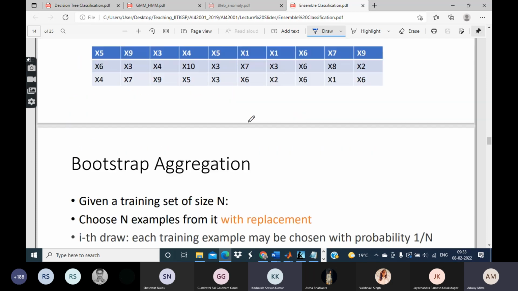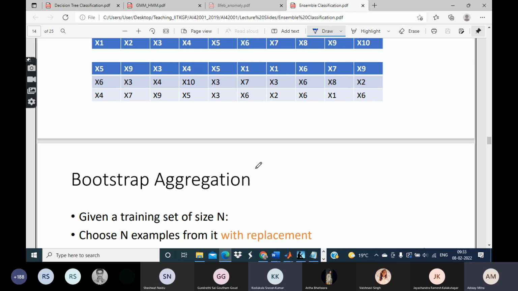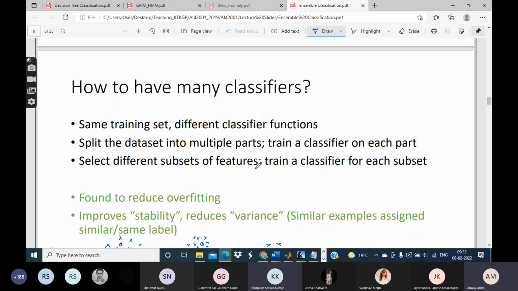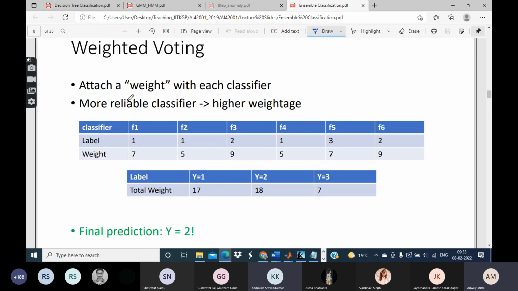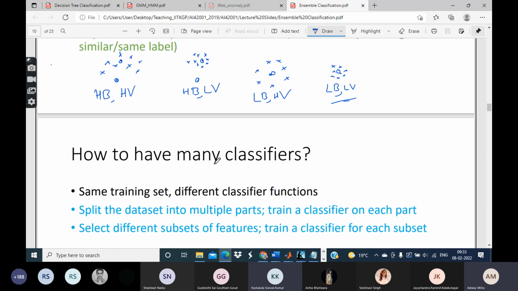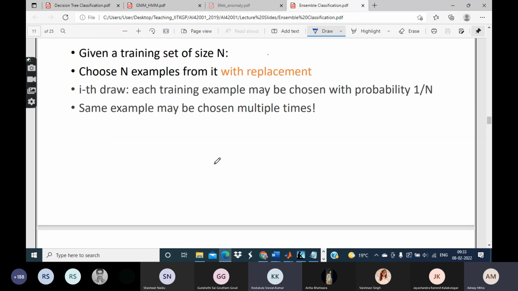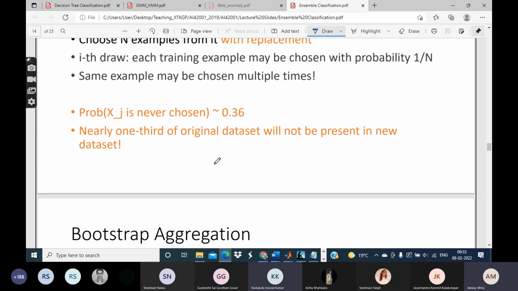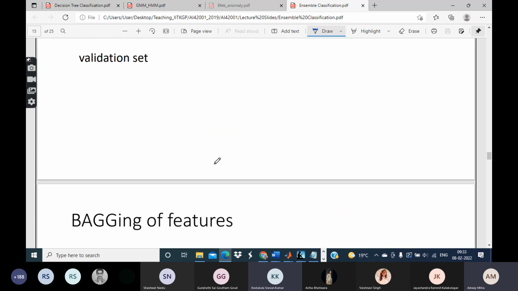Earlier, when we were talking about this kind of weighted voting, we had assumed that each of the classifiers has a weight associated with it. And we also said that these weights in some sense underscore their reliability, their accuracy. But accuracy on what? As I said earlier also, the same classifier may have very different accuracy on different data sets. So what we will do is